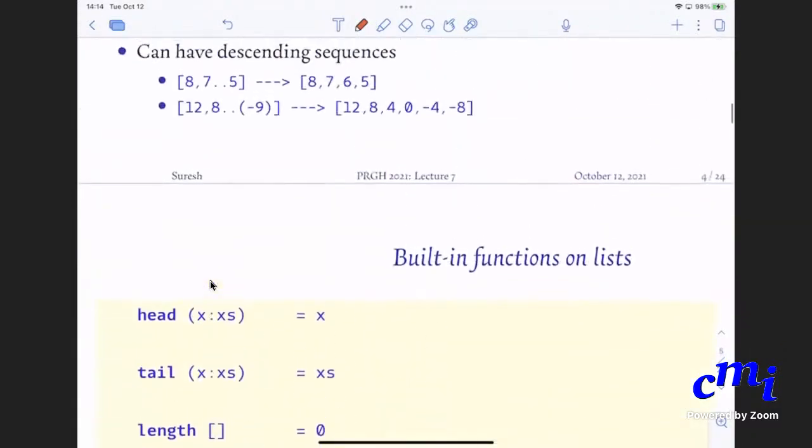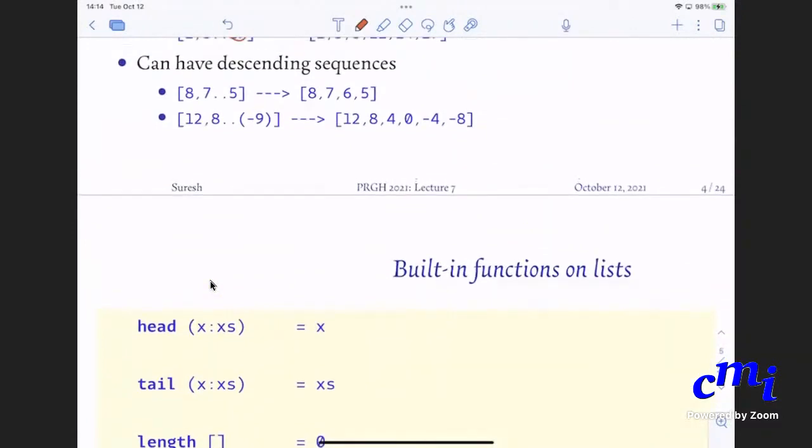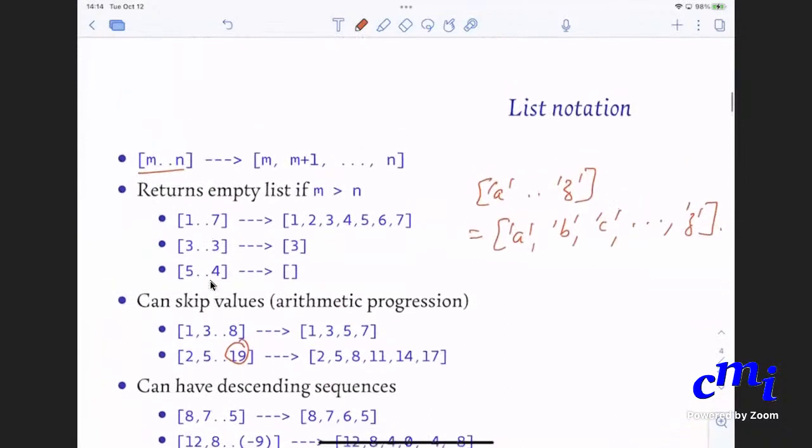Yes? Sir, why did it return the empty list when we had 5 dot dot 4? Because 5 is greater than 4, no? So you are going to count from 5 up to 4. So how do you go from 5 up to 4? While going up, if you go 5, 6, 7, 8, 9, 10, etc., you will never reach 4, right?